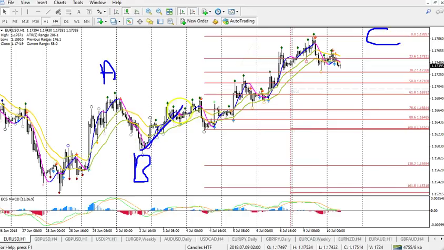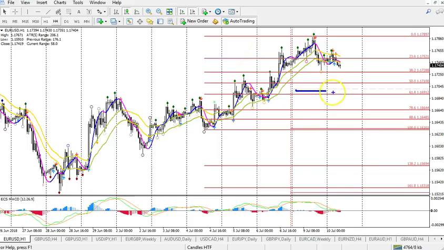Within C, it looks like a wave 1, 2, 3, 4, 5. So if we put a fib on this wave, potential wave 3, I think that if it stays above the weekly pivot point, the 61, the 50, the 38.2 fib, anywhere around 116.90, 117.25, as long as it stays above that zone, I think it's very likely to be a wave 4, and we could see price move up for one more wave 5.